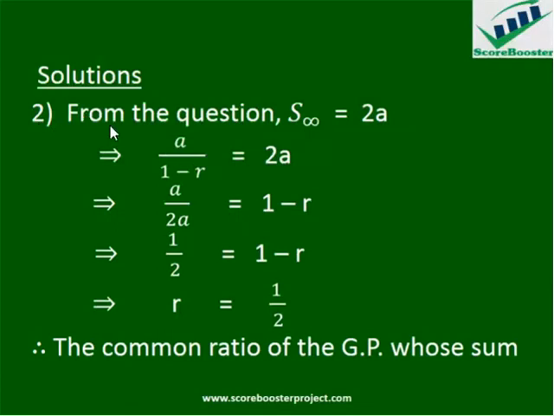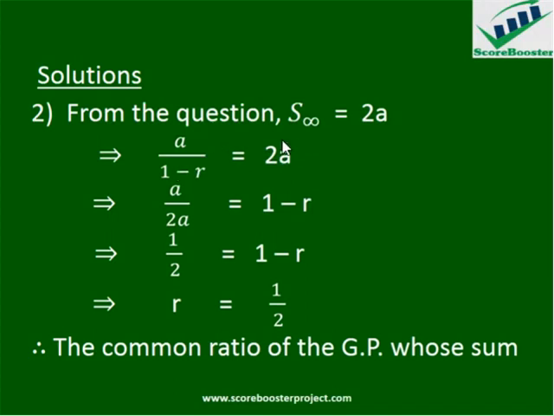Example 2. From the question, we were told that the sum to infinity of a particular geometric progression is equal to 2 of its first term. As we all know, the first term is usually represented by A. So the statement of the question is written here, S infinity equals 2A. This implies that you write down the formula for sum to infinity, which is A over 1 minus R equals 2A. So here we can